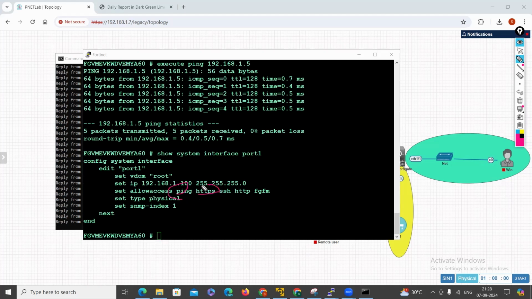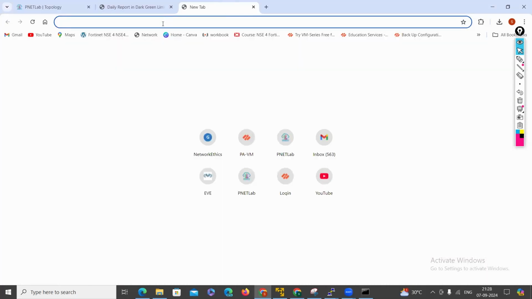In the same way, the GUI console you can access through HTTP and HTTPS, and the CLI console you can access through SSH. So I'm going to access my GUI console using HTTP services. Let me access